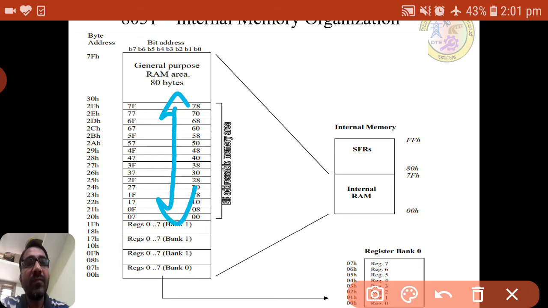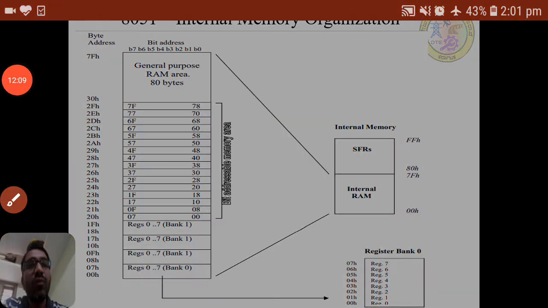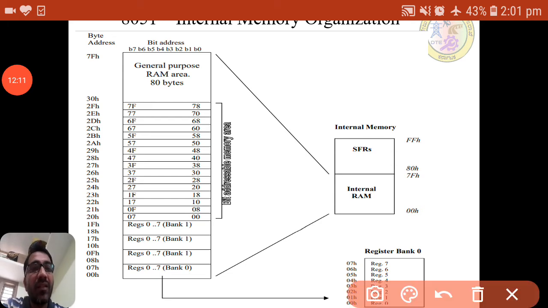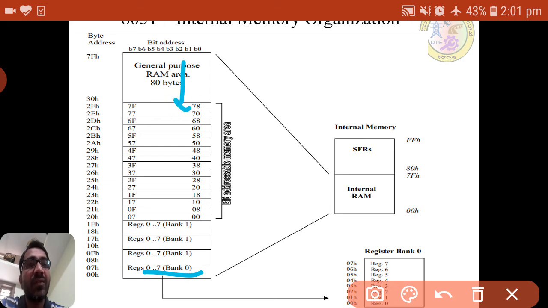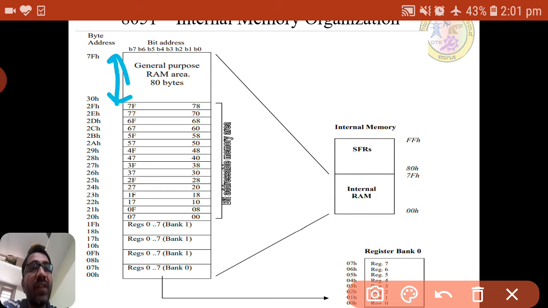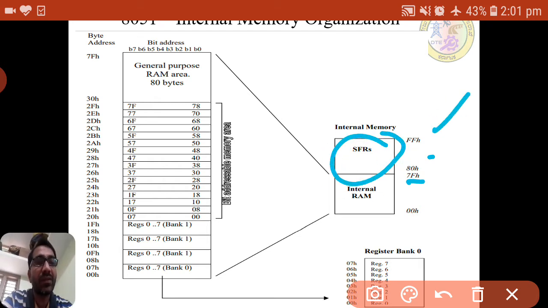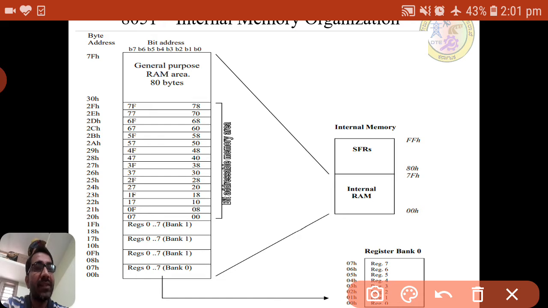this area. And if you come to the byte addressable area, all these registers, I will show an example. So this is also byte addressable, whatever registers we are showing. From 30 to 7F, any location we can use for user purposes, which we call scratchpad memory. After 7F, from 80 to FF, it is the SFR, that is the special function registers, which we are going to see in the next slide.